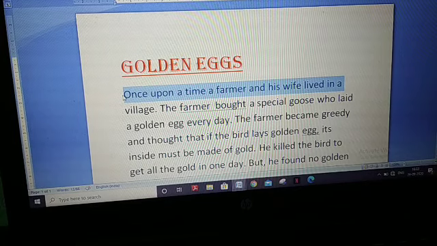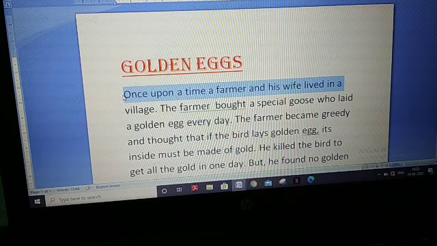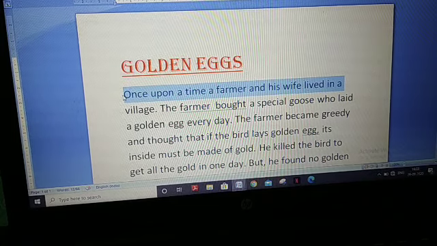So Control, Shift key and arrow key. These three keys combination selects text word wise. Word by word. I hope you understood this.